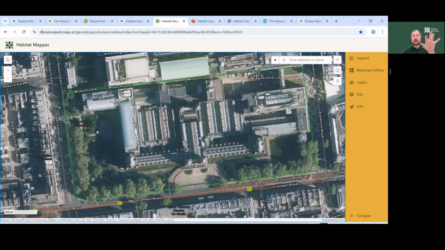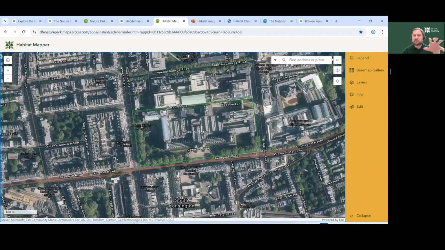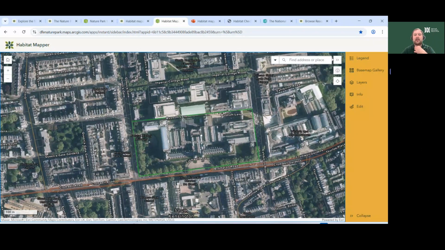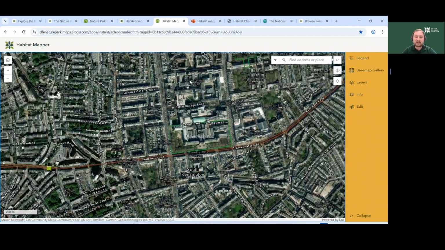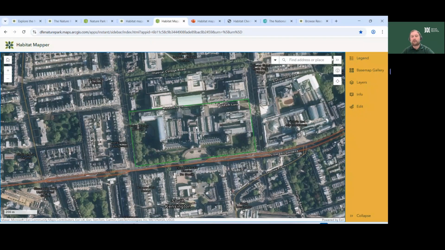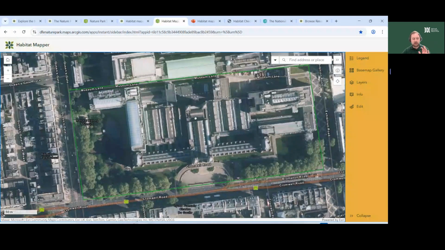You can also do site boundaries for as many different sites that you had. So let's say the museum had a site here, but let's say the Royal College of Music turned into the museum and also Holy Trinity Church. I would make one site boundary here, one site boundary here, and one site boundary here. There's no limit to the amount of site boundaries that you can have for one setting. So that's just briefly on site boundaries, but we're going to go over how to use the tool for